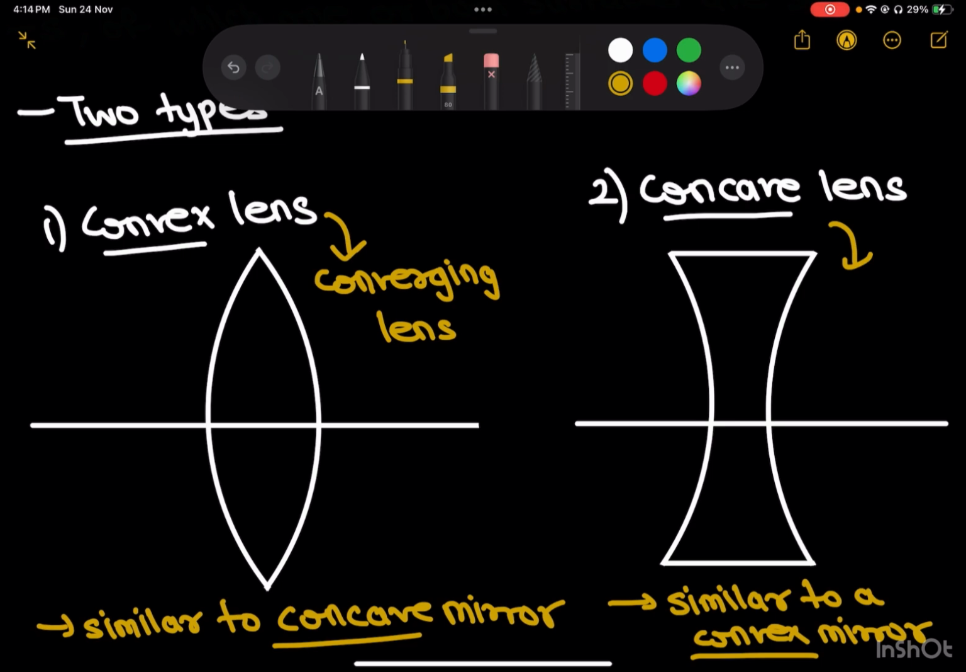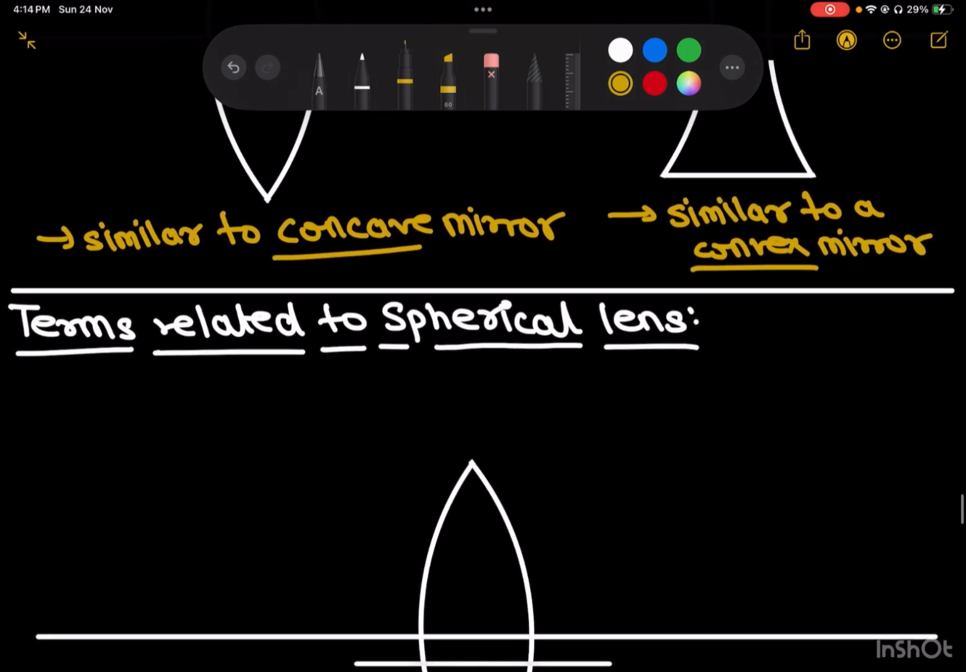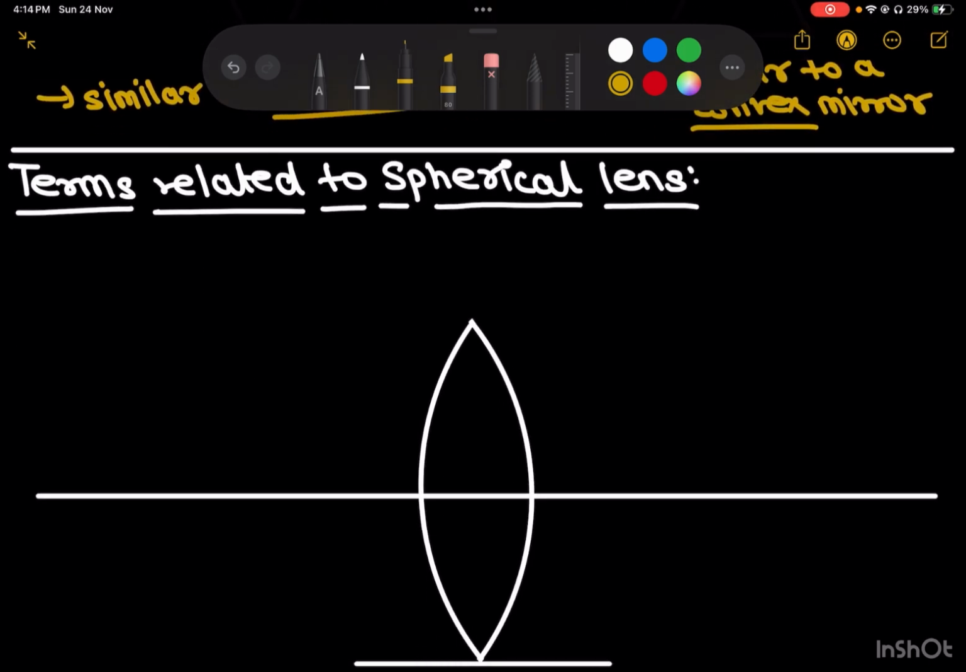It diverges the light rays, right? They appear to come from the focus, but they do not actually meet at the focus, do they? So it is a diverging mirror, and hence the concave lens is also a diverging lens. So in this way, both of these are similar. Okay, convex, concave, concave, convex. Understood? Okay, moving on. Now we'll see some terms related to spherical lenses, which will be important for you